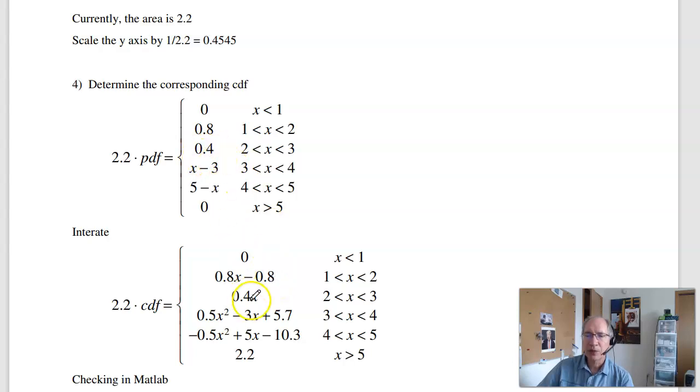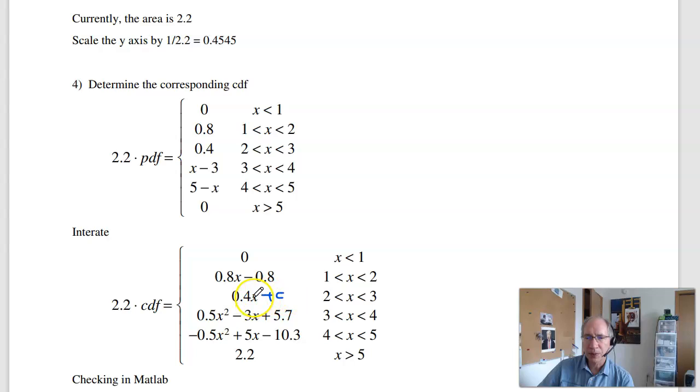Integrate 0.4, I get 0.4x. When x equals 2, it needs to be continuous. When x equals 2, this is 0.8, plus a constant. Plug in 2, I should get 0.8, so the constant is 0. The integral of x minus 3 is 0.5x squared minus 3x plus a constant. If I evaluate at 3, I should get